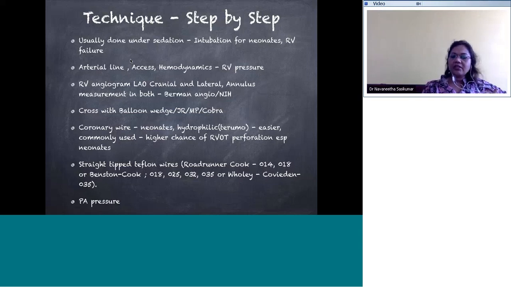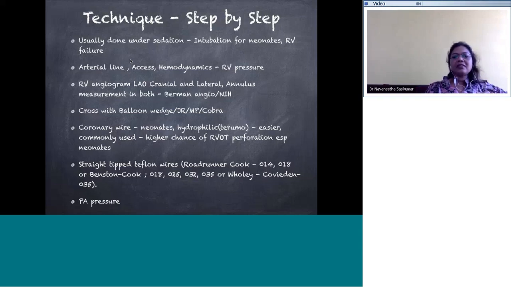So there is a lot of variation from lab to lab, as well as interventionalist to interventionalist, as to which is the preferred catheter for crossing, also depending on availability. The advantage of using a balloon inflated catheter to cross the tricuspid valve and reach the right ventricular outflow tract and then trying to cross the pulmonary valve is that you will have a less chance of getting entangled in